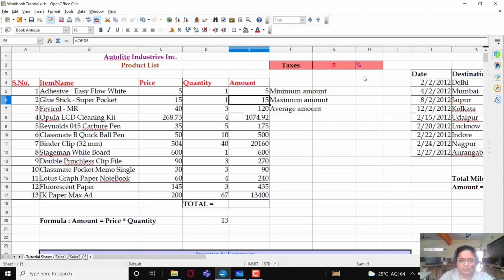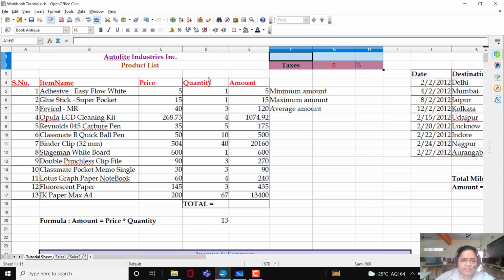This is C5 into D5, this is C6 into D6, C7 into D7 and so on. For the last cell here, it is C17 into D17. So this is relative addressing. Right now over here, what is changing? The row number is changing, not the column.